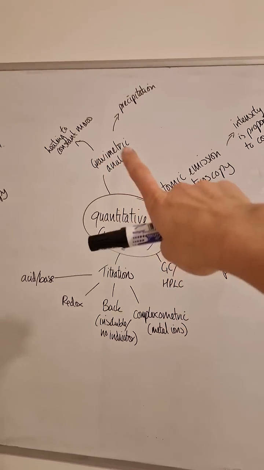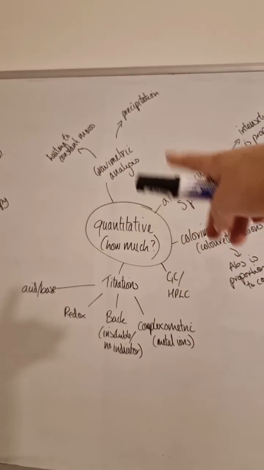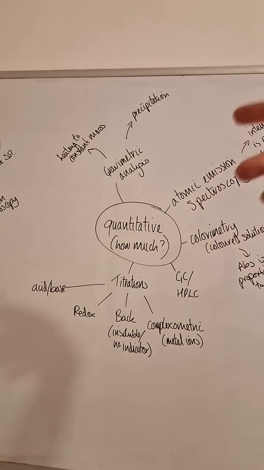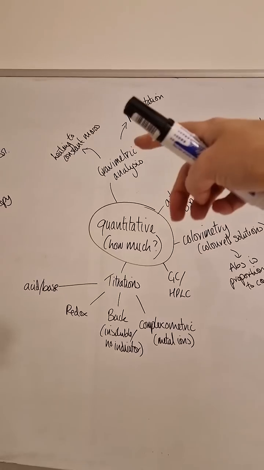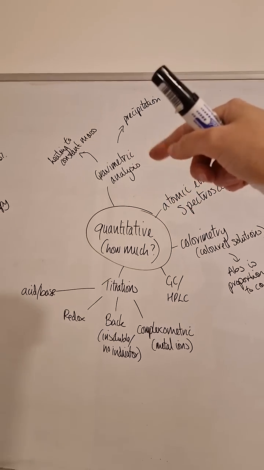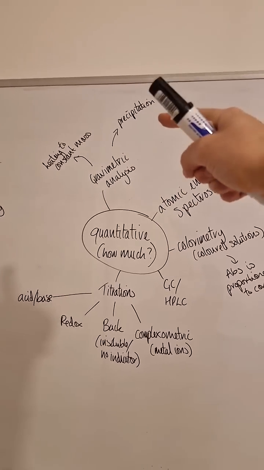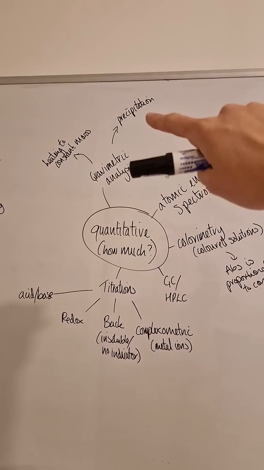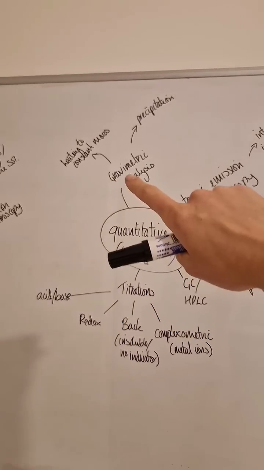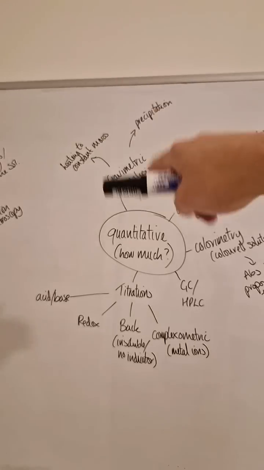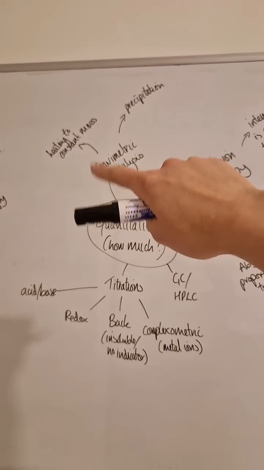And then we also have gravimetric analysis. So gravimetric analysis is usually the analysis where we're weighing solid masses of things. So this usually involves determining the concentration of something via a precipitation reaction. So we make a precipitate and weigh how much precipitate we've made. But it can also be used to determine how hydrated a substance is by heating it to a constant mass and by